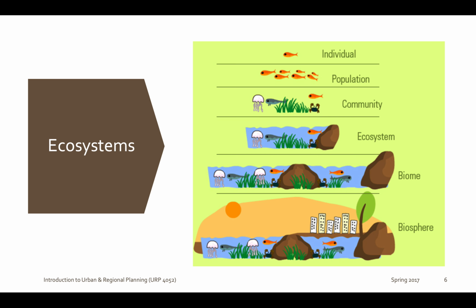Now, ecologists study ecosystems at many different scales, from the micro level, or the individual, to the macro level, or the biosphere. Now, a population is a group of individuals of the same species. A community is all of the populations that live in the area. An ecosystem is the community plus everything else: the rock, the soil, the water, the air. And it is a combination of living and non-living parts, with each part playing an important role.